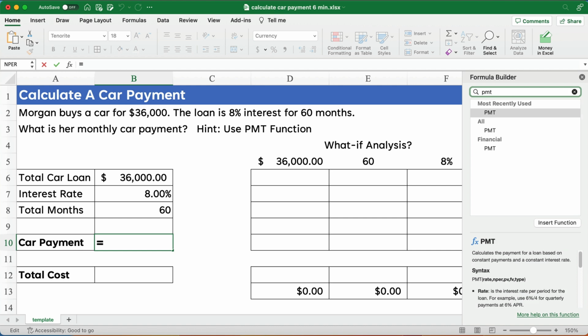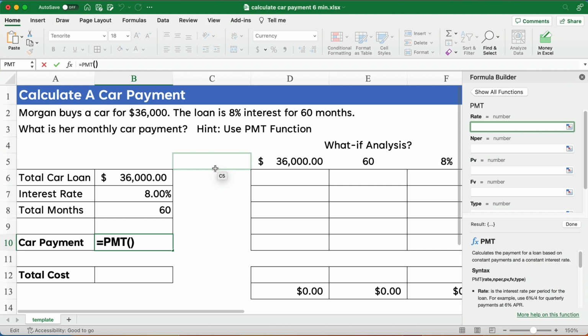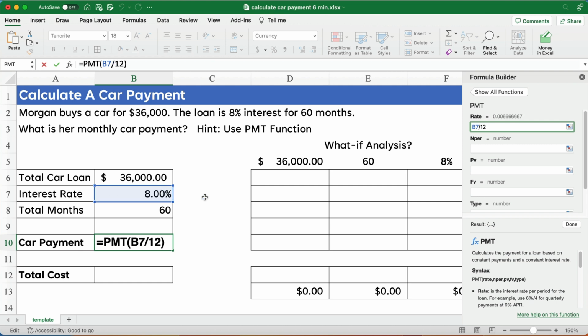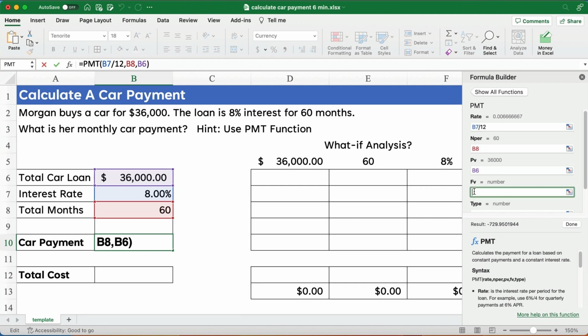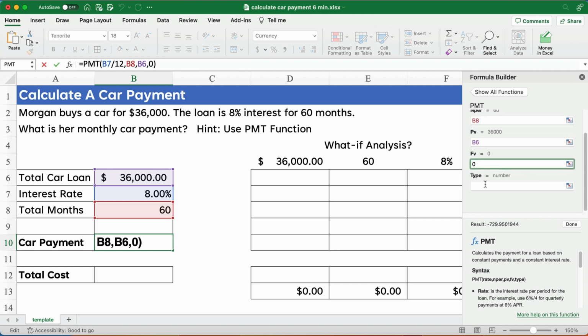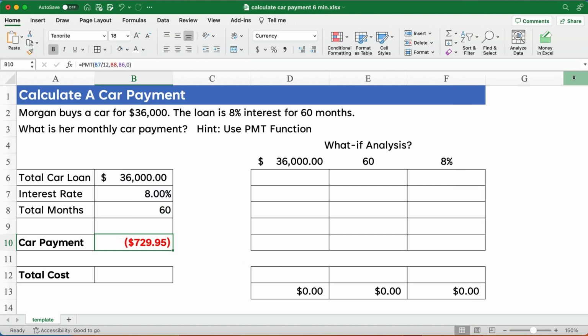That's the name of the function we're looking for, and that's going to calculate a payment. We're going to have the rate. We need 8%. Now this is an annual rate, so we're going to divide it by 12 to make it a monthly rate. The number of periods, we're not going to do 5. That's 5 years. We're not making 5 annual payments. We're making 60 monthly payments. So there's 60 months. The present value is going to be $36,000. That's the amount of the loan. And the future value at the end is going to be 0. We're not going to owe any money on this loan at the very end. We can ignore this last one. We're going to assume payments happen at the end of the period. So the car payment is going to be